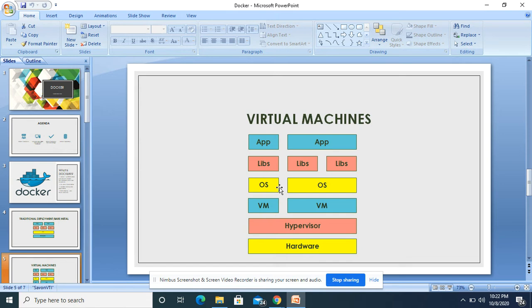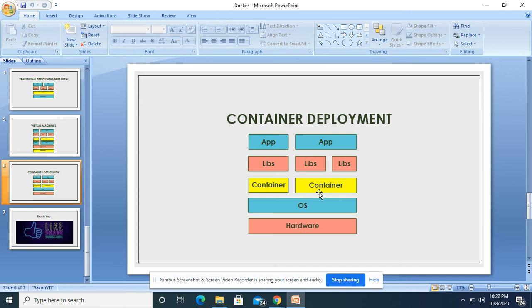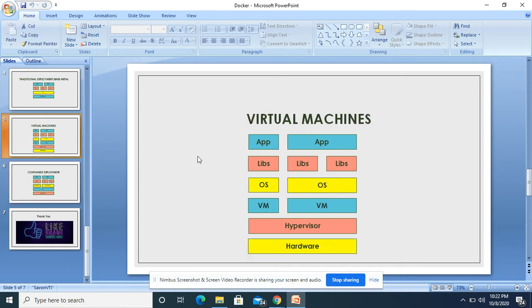When the application keeps on increasing its capacity, at one stage things do not work in a proper way, because the system gets hampered and the full memory gets used. So this virtualization architecture or deployment process fails.